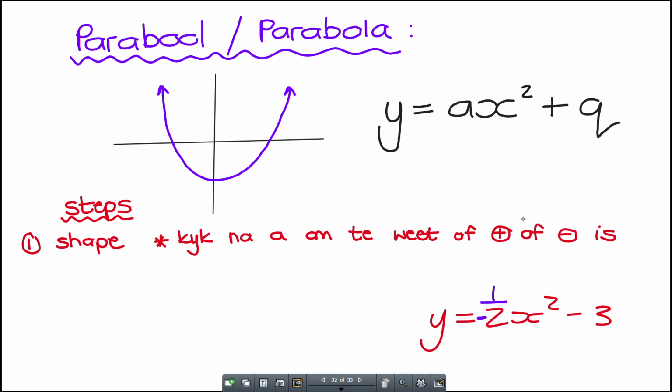Okay, nou hoe beïnvloed dit my grafiek? Nou dis 'n lekker maklike enetjie. As dit positief is,